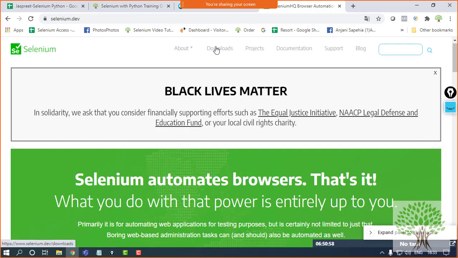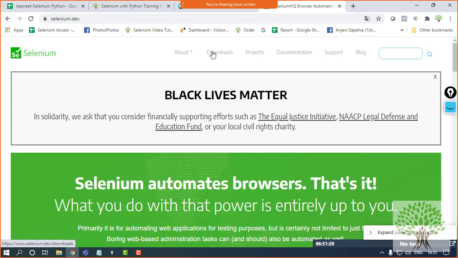Okay, now talking about the versions which we are going to use. Since Selenium is available in different languages, Java, Python, Ruby, C Sharp, for all the different languages there are different versions, and they have stable versions. It's taking some time to load the downloads link. Just wait.